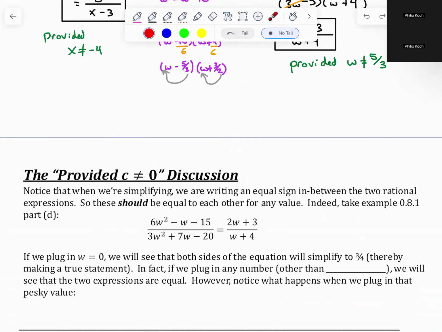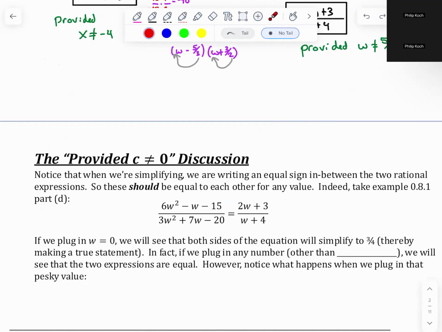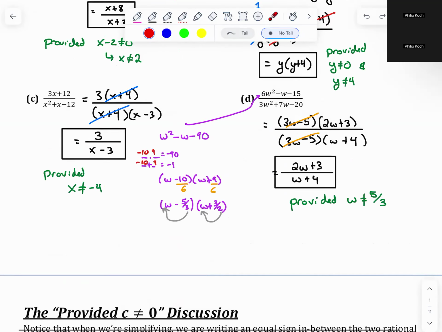Now, if you've looked at my work, you'll notice that every single time, my calculus students mention it to me all the time, that I am very meticulous when it comes to writing things. The equal sign, I only use it sparingly. I use it when it truly means that these things are equal. And so when I don't write the provided thing, it kind of hurts my soul a little bit because it's supposed to be there. So you'll notice that I always wrote that these things are equal every single time,